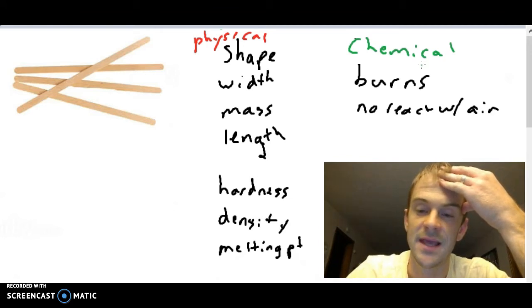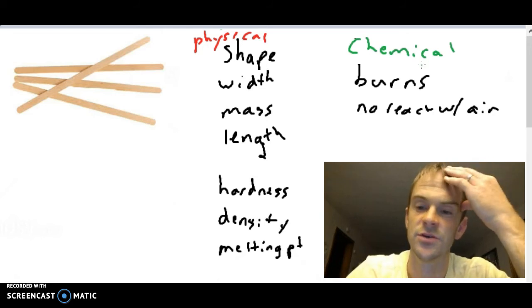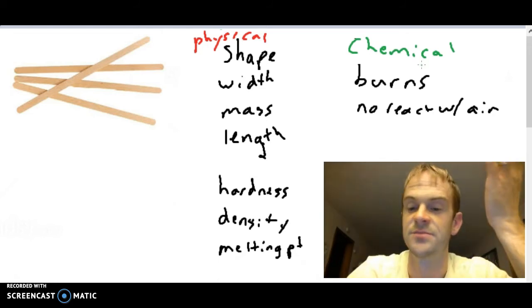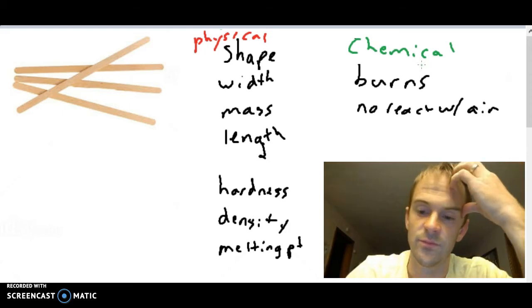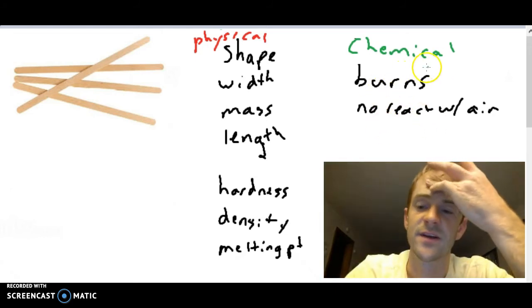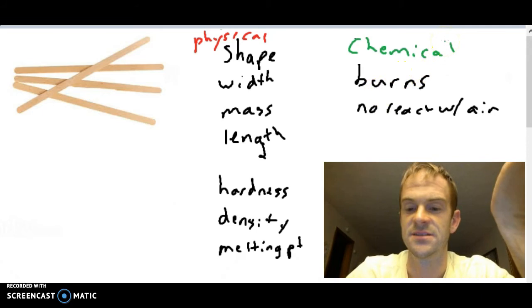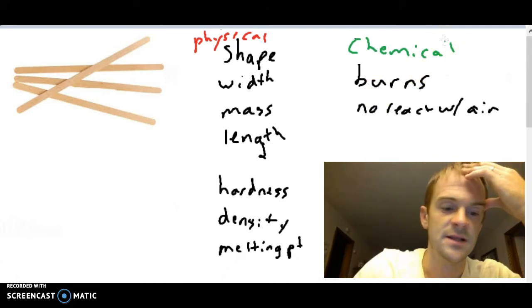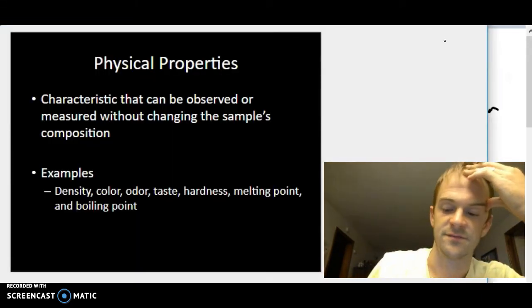Burnt wood behaves very differently than non-burnt wood, right? You wouldn't want to make your house of that because it's much more brittle. It won't hold up like unburnt wood would. And so to observe a chemical property, it changes into something else. So a chemical property, let's see if I have a definition here,